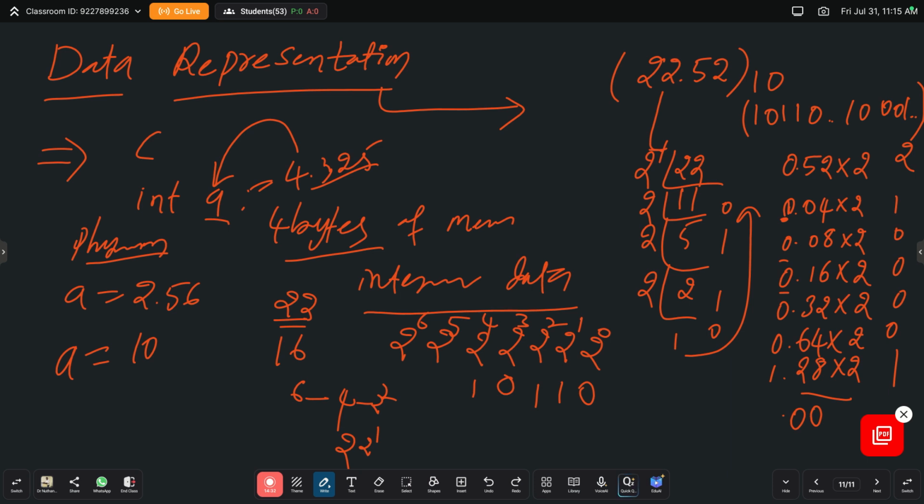Different data representation schemes are possible. So the different data schemes and